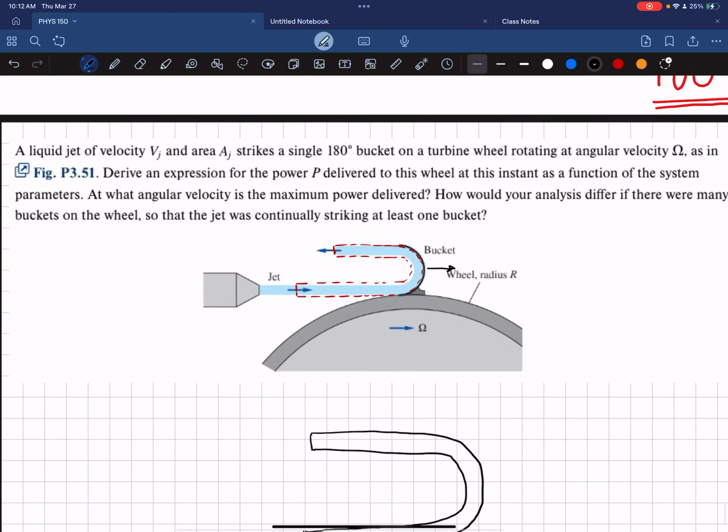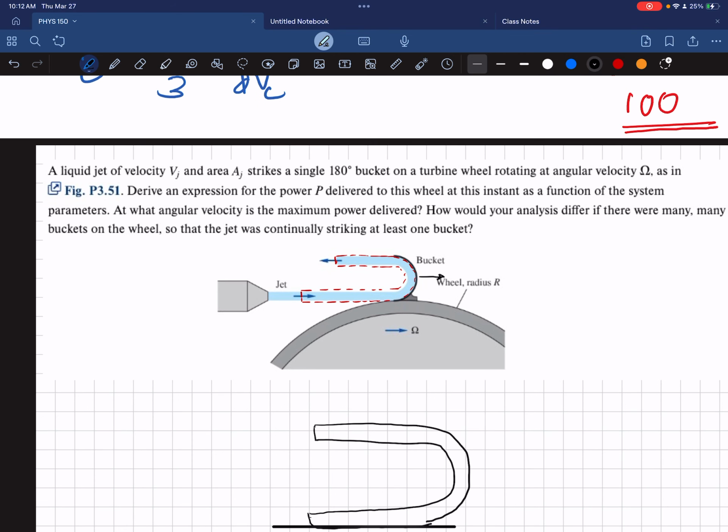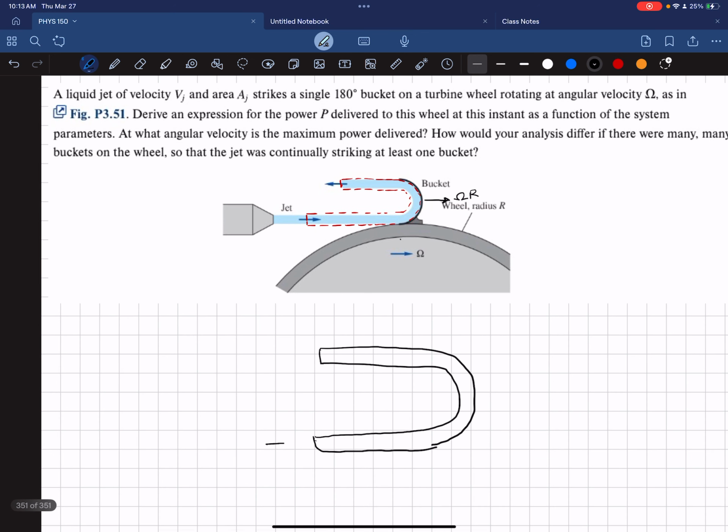And given the radius of the disc is r, let's say this is radius r, and then linear velocity is r omega or omega r. And then the jet velocity here is Vj. And we take that, let's say this is cross section 1 and this is cross section 2, where flow enters at cross section 1 and leaves at cross section 2. And we'll take Vj, V1